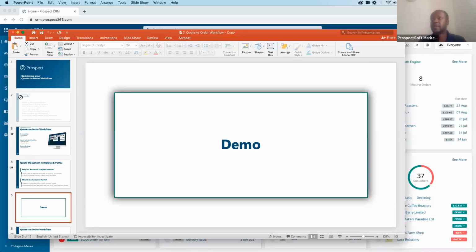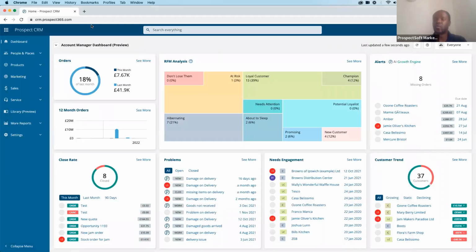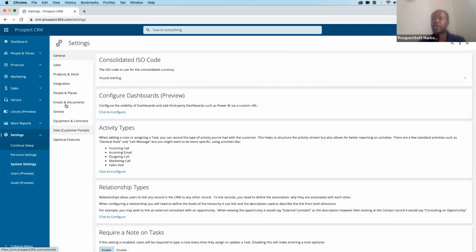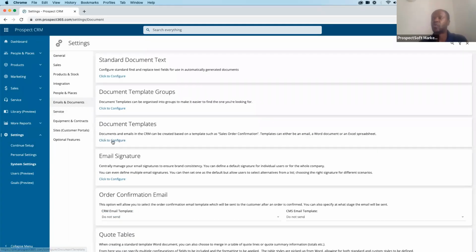So what I would like to do now is to quickly jump into the system and show you basically how you can go about configuring the actual quote to order templates. So within Prospect CRM, if you go to settings and you go to system settings and you go to emails and documents, you then have a section for document templates. So if you click to configure,